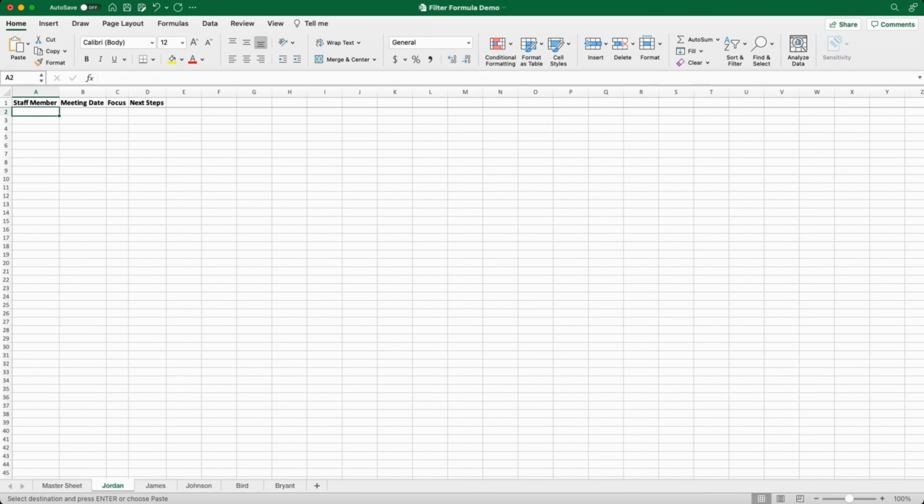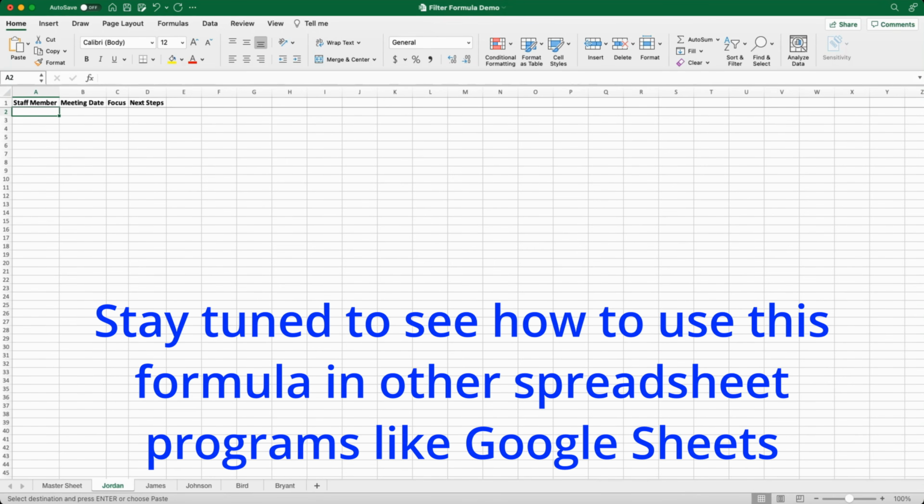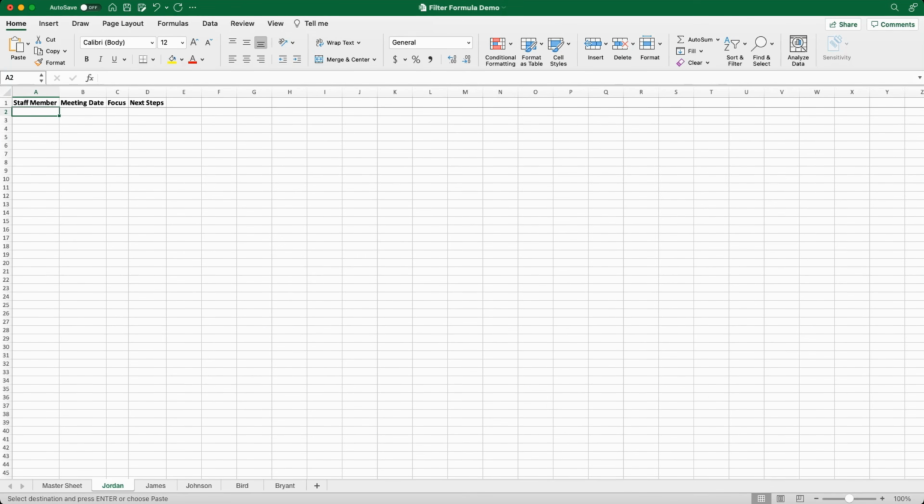Now for the good stuff. The next step is where we get to create our filter formula. It might seem a little tricky to you, but I'm going to make it as easy as possible. When we are in each of the additional tabs that we've created, and again, in this example, they're the last names of our staff members, I like to select the uppermost left cell under the header row,